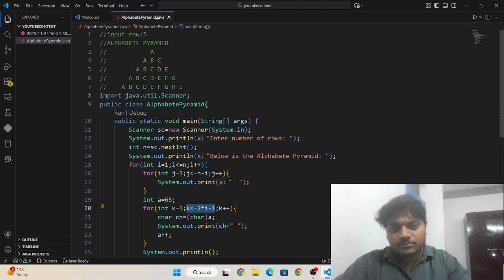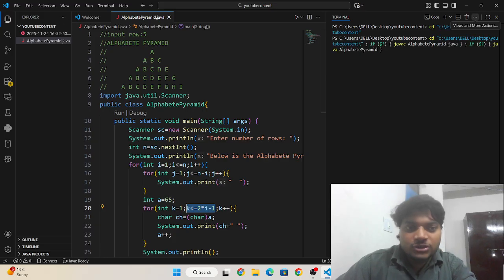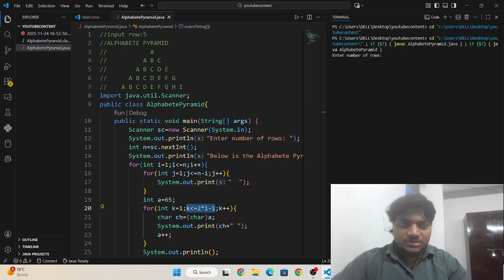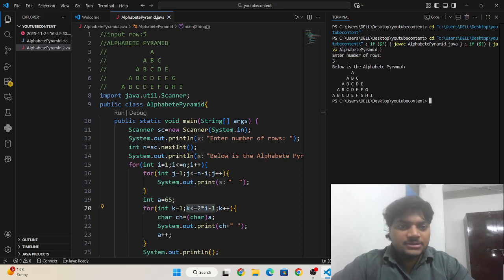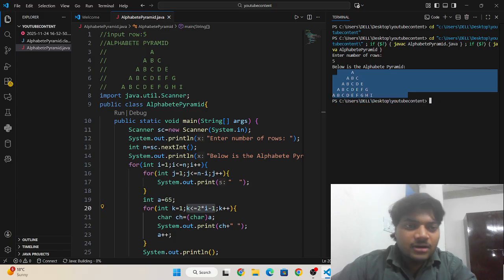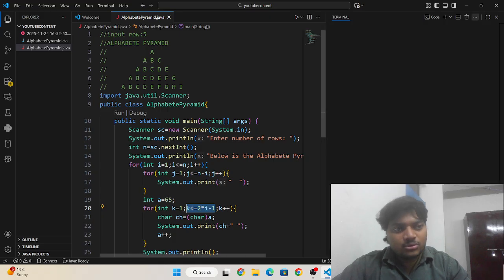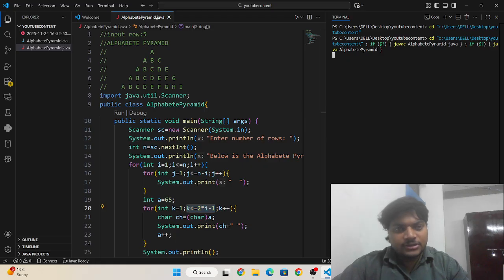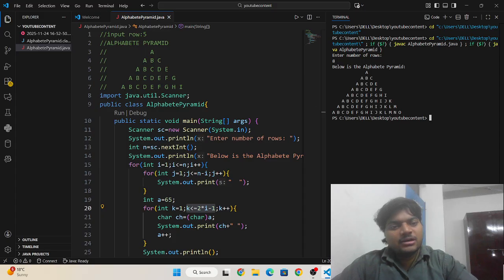So now I am going to execute it. After that I will write comments for each line, each logic, so that you will understand these things in one go only. It is saying enter number of rows, I am entering 5. So you can see this is the alphabet pyramid of number of rows 5. If you want to enter number of rows more than 5, you can enter, like I am entering number of rows 8. So you can see this is our result, okay.